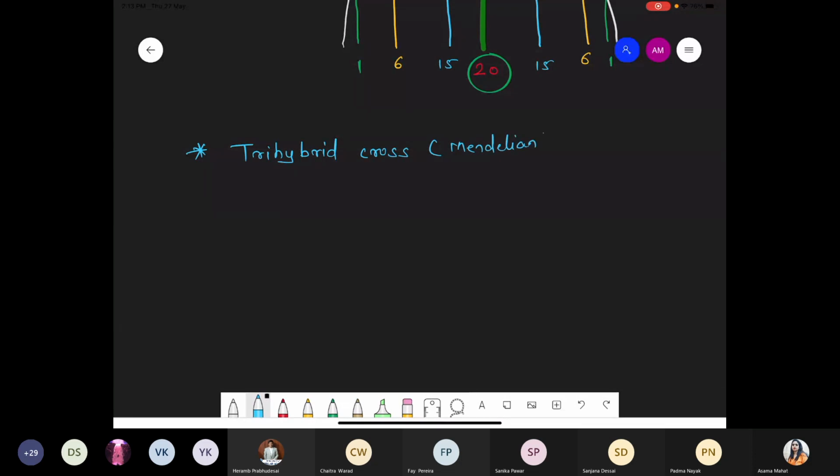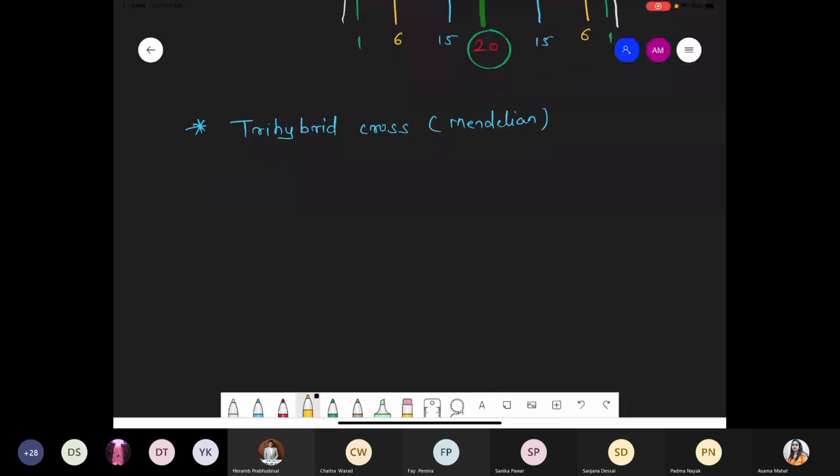So what is the meaning of the Mendelian trihybrid cross? There is a presence of a total of three pairs of genes. So we just try to understand what the phenotypic and genotypic ratios are. There is no question on the trihybrid cross, because when you talk about the trihybrid cross, a total of 64 progeny get produced, and that time it creates lots of confusion. So we are simply talking about the trihybrid cross. What is the phenotypic ratio?